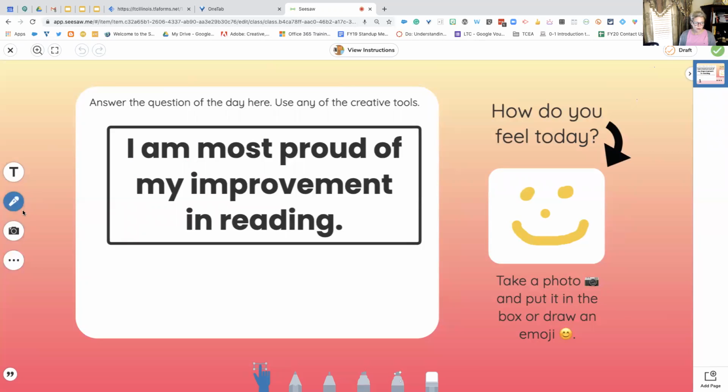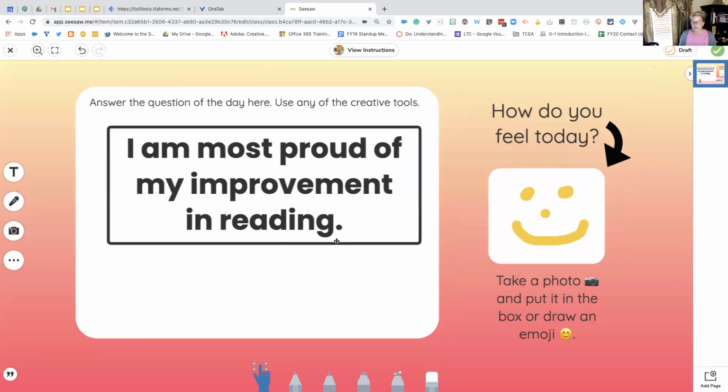To start a voice recording, I can put a link in here, put shapes in here. If I need to use a marker or a pen, I could highlight something if I want to show them, hey, I like this too. So I've got all of these options here. Here's where I can click on the camera, click on video, and put a video in here of me telling him what he can improve on, or ask him if he has questions. I can send him a message here. And then when I'm done sending the message, I come up to the right-hand corner and click draft,